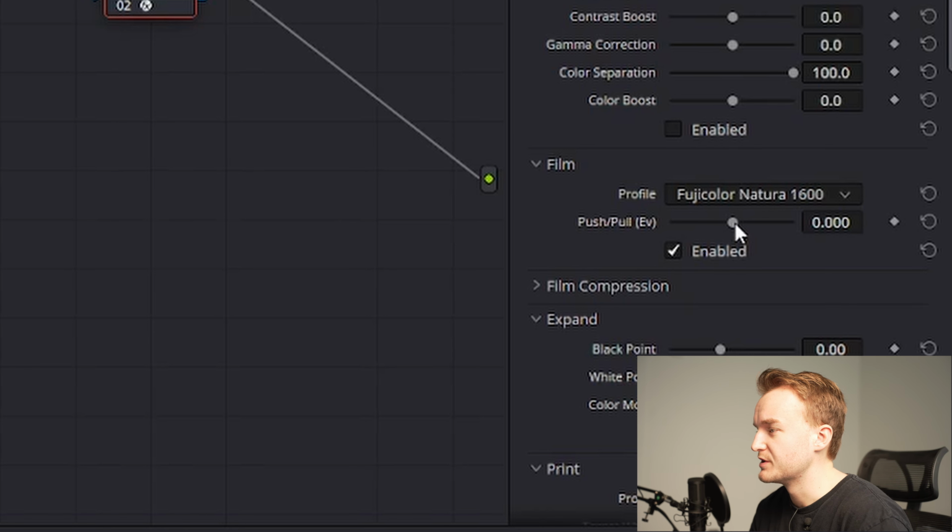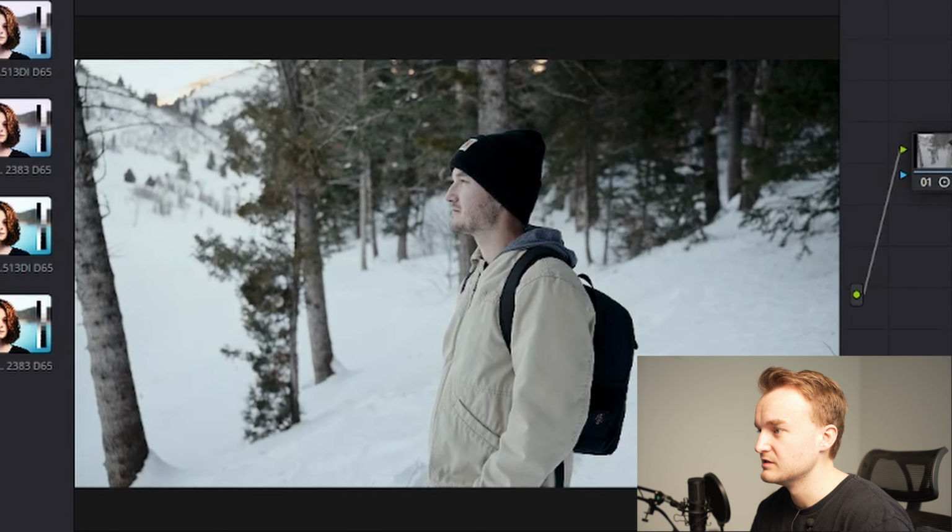And then what you can do is you can actually push and pull how much it's doing. You can see right here what it's affecting. It's mostly affecting those back trees, but you can really see kind of what it's already doing. So let's just kind of keep it in the middle for now. Actually, we'll push it just a little bit. Or sorry, we'll pull it back just a little bit. I just don't want it to do too much yet because I want to have control over what I'm doing